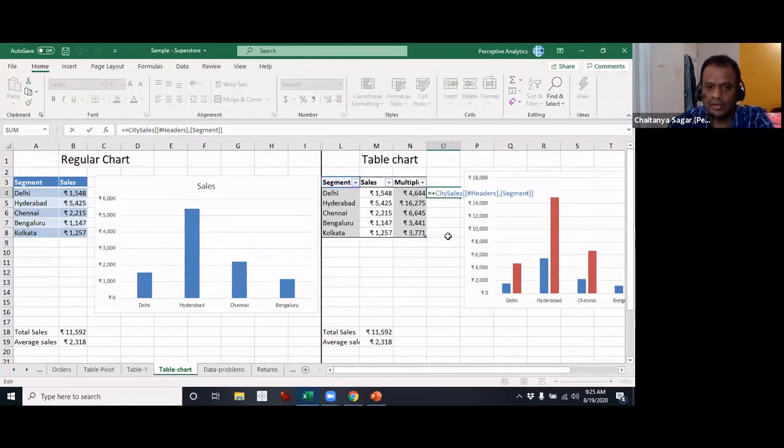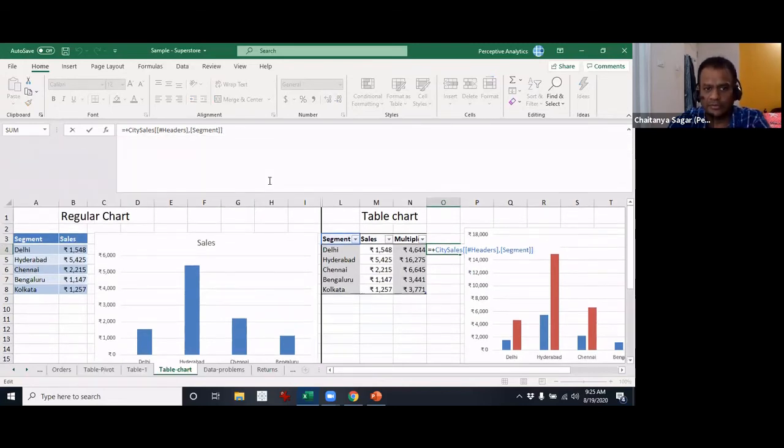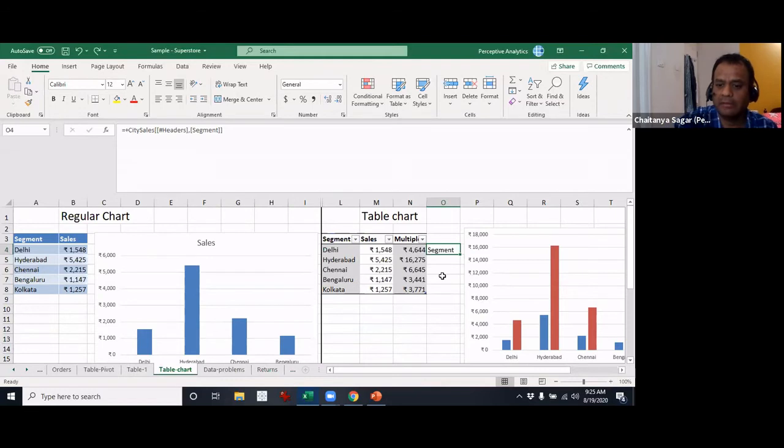Now if you hit F2, just for information, you will get the formula. Sometimes people also use this to be able to read the formula. If the formula is very large, you can just mouse over and then you'll be able to read it a little better than before. I hope you guys are getting what I'm saying. Yes, a little bit. Okay. All right, so let me just get back to this.